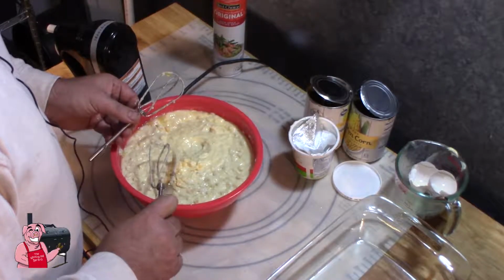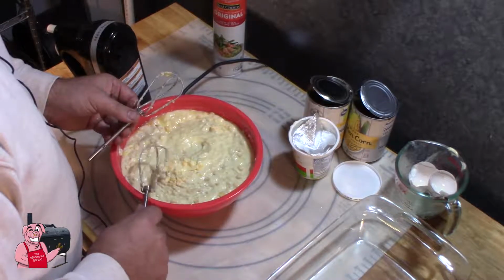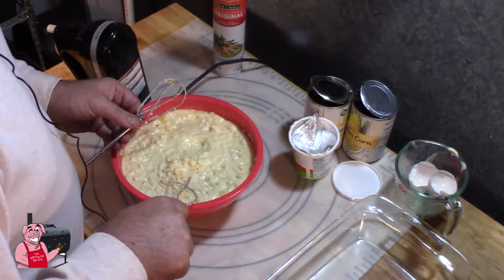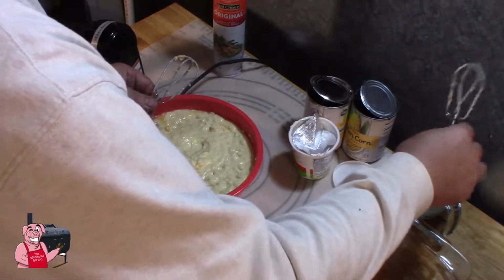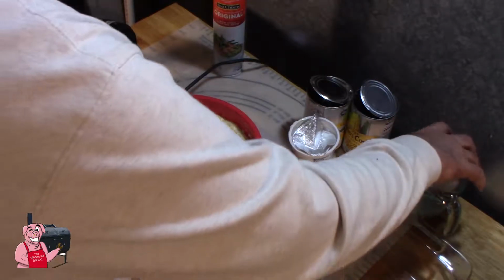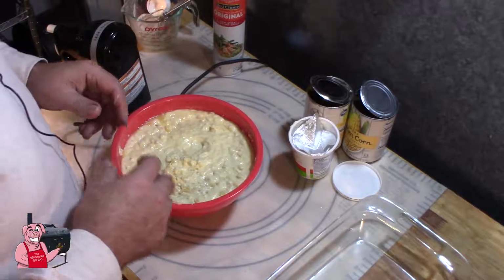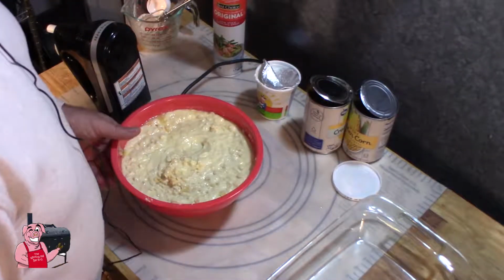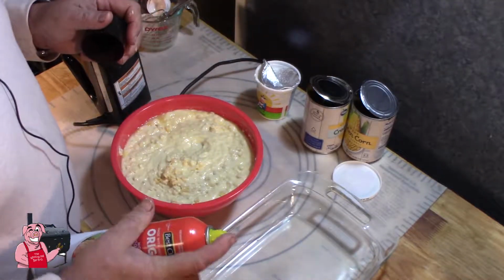Try not to splash this all over the kitchen. That other one cleaned off real nice and easy, but I think it's probably the cream corn that's more mushed, and it likes to go around the wires of my beaters there. Okay, so now we're going to take a little cooking spray,